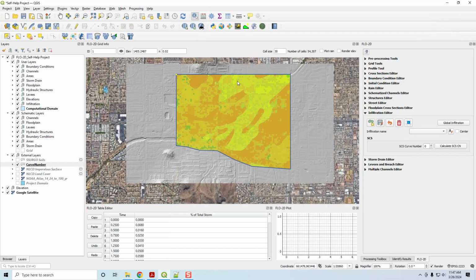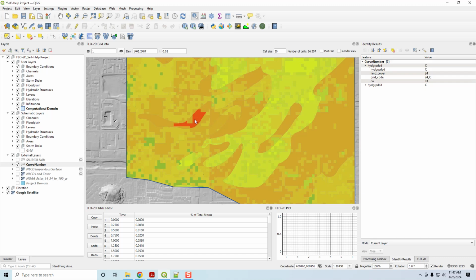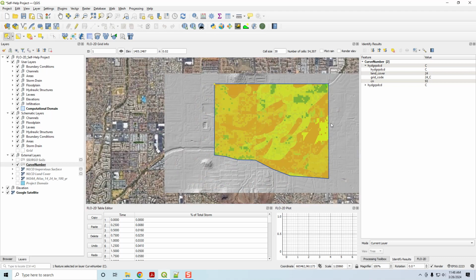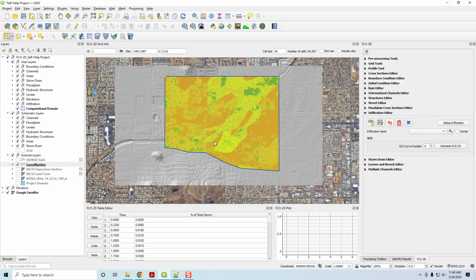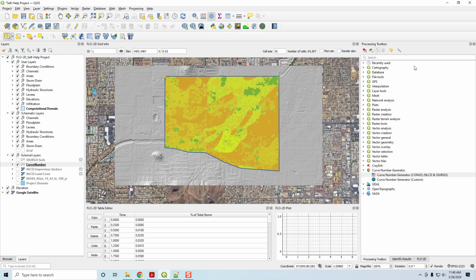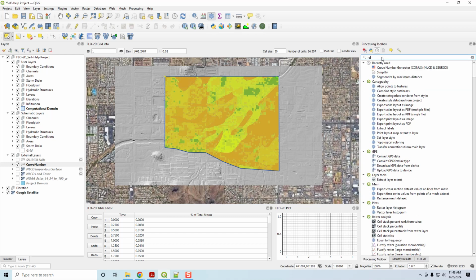Sometimes, if you look at this polygon, what I'm doing is selecting these polygons, and you'll see that it's quite fractured. And that can cause some issues with the calculator. So if you're having problems or getting error messages when you sample this data, you can rasterize it. Let's go to the processing toolbar and look at rasterize,